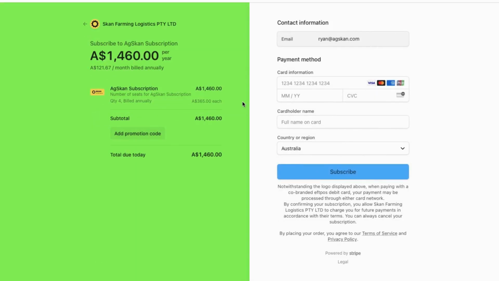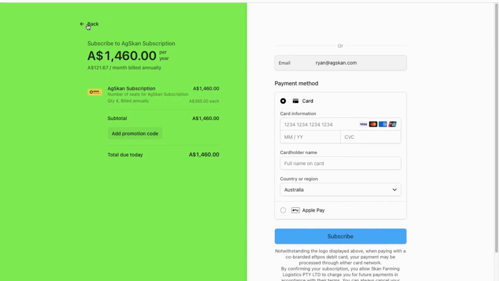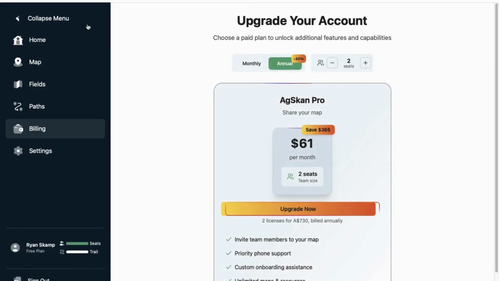So just go through the payment process here. I'm obviously not going to do that. We're just setting up a proxy account, but that's where you would do it. Anyway, that would take you back through to the homepage if you went through that and you purchased 4 seats. So now I'm going to show you,